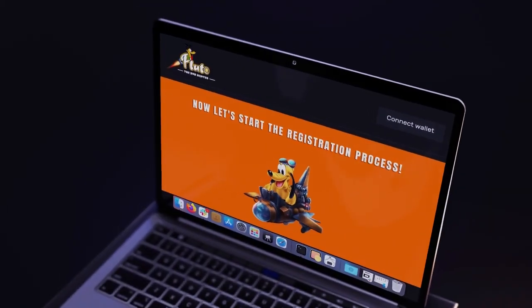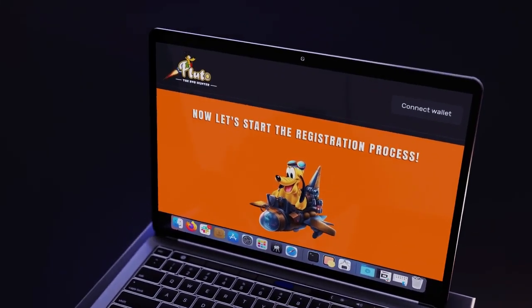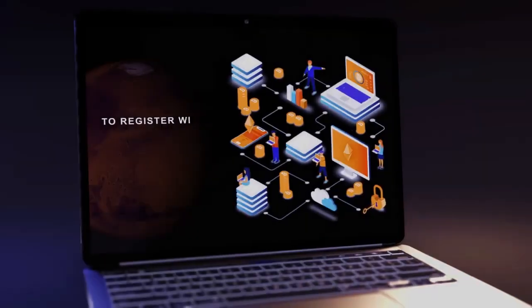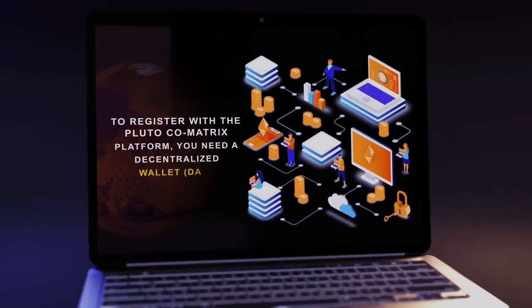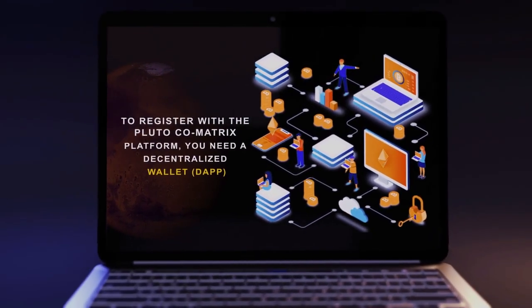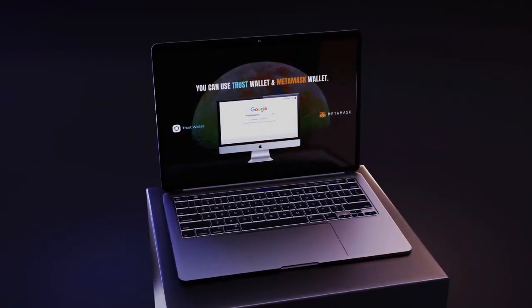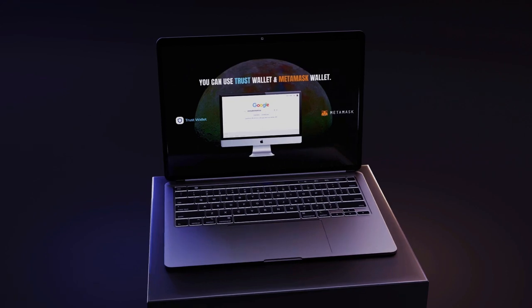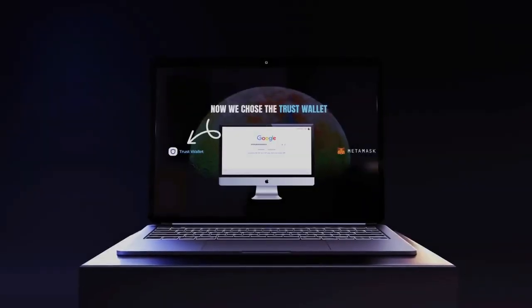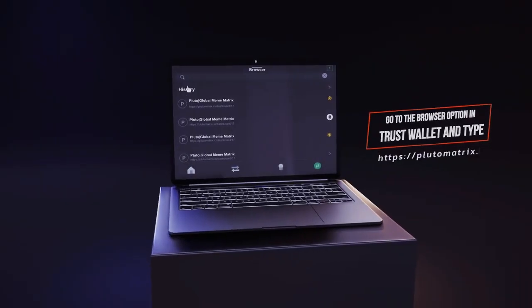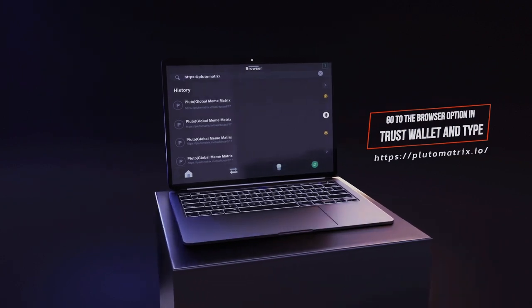Now let's start the registration process. To register with the Pluto Call Matrix platform, you need a decentralized wallet, DApp. You can use Trust Wallet and MetaMask Wallet. Now we chose the Trust Wallet. Go to the browser option in Trust Wallet and type